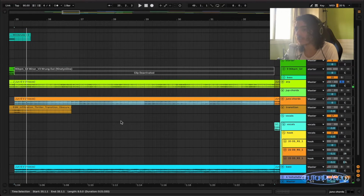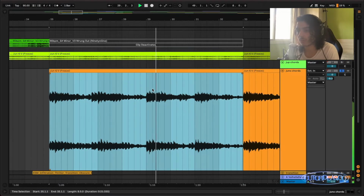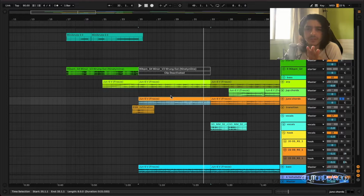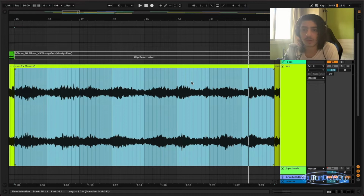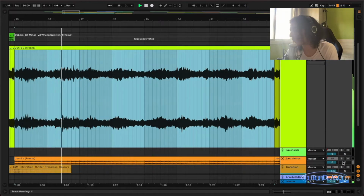Actually, this. Completely different chords, completely different progression, and I really like it. So after I laid this down, I knew that I wanted to go into this synth-heavy, The Weeknd type sound. So I started looking for arpeggiators, and this is on the Juno. And on top of the chords,